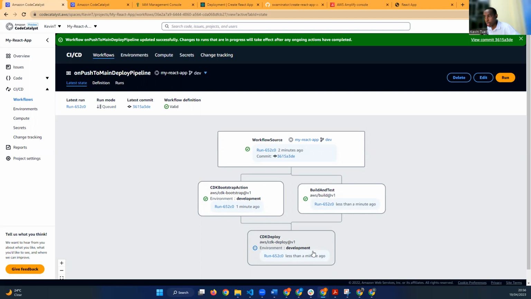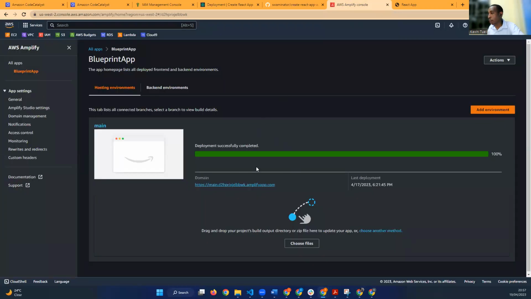Just about complete. The build and test has successfully completed. I think we are at the deployment. Nice. This has been an interesting one also. So we have our app deployed, a simple app from the blueprint. But what is very important is